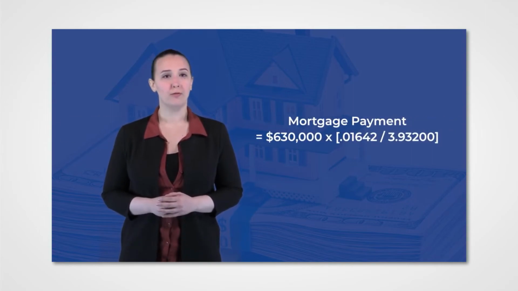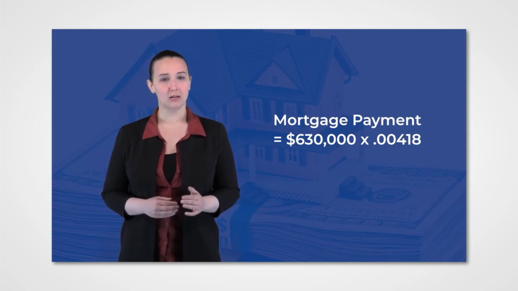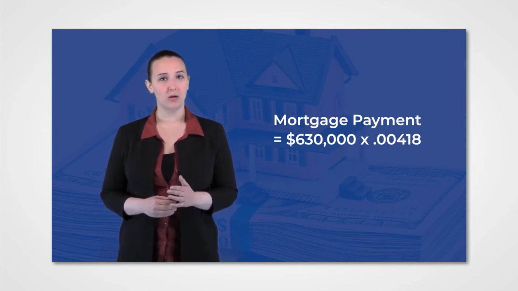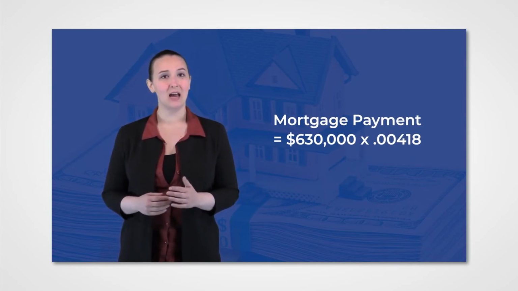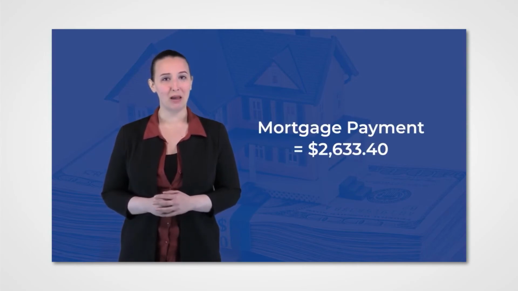Then, on the right, we subtract 1 from 4.93200. So, after calculating the division, we should have 630,000 times 0.00418 equals the mortgage payment of